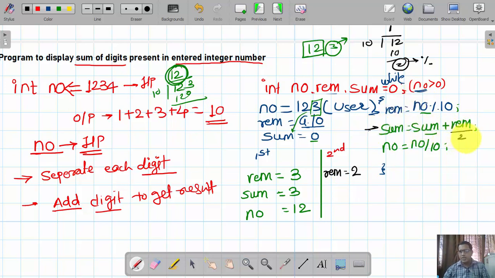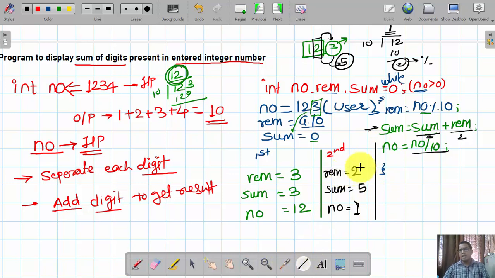Then the next step, sum is equal to sum plus REM. Now the value of REM is 2, and the value of sum, which was updated to 3 from 0 in the previous execution, is 3. So 3 plus 2 is 5. So now the value held by sum is 5. And again I am going to divide the number by 10, because this second digit also I have separated and added into 3, and this addition result I obtained as 5 here. So the number, now the number divided by 10, gives the quotient value, which is the result of the division. The value assigned to the variable number is now 1. So this is the status after the second iteration.